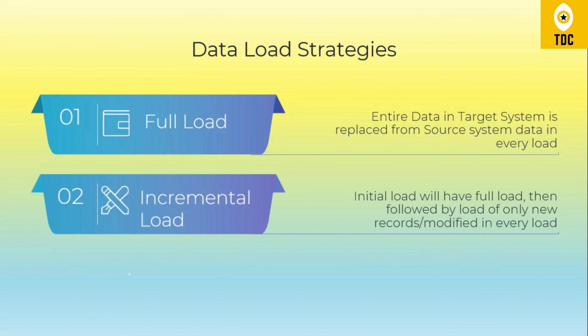And when we talk about the definition of incremental load, initially we load the entire data which is there in the source system to the target system at an initial time, whenever we are doing the load for the first time, so that we get the data which is already there in the source system. Then we will load only the new records, or sometimes the records that are modified. So only new or modified records we will be bringing in the subsequent loads. We'll take an example and explain how these two will work in real time.